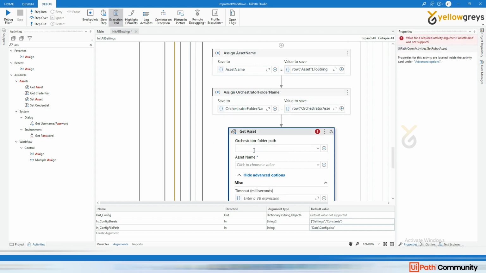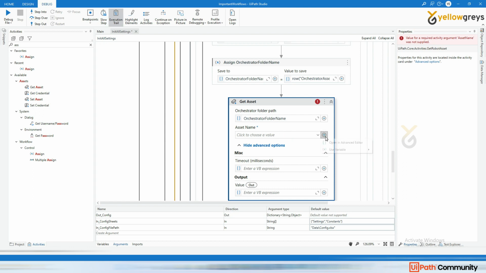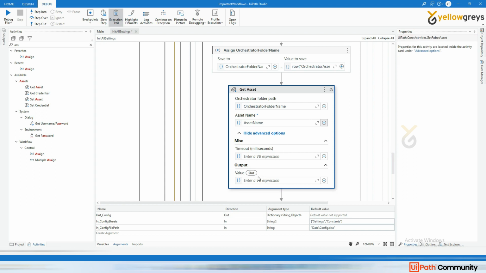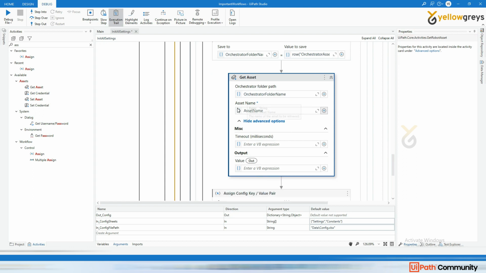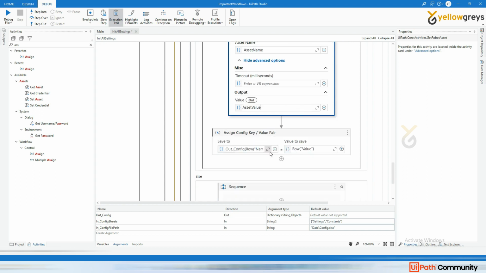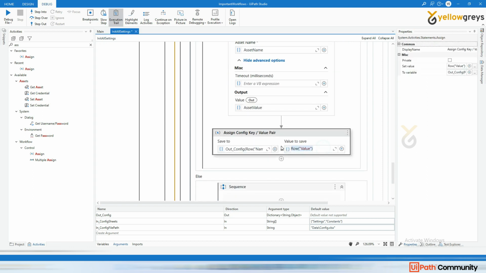Yes, I can pass that variable here, orchestrator. Here you see, click on this variable and the plus button, and you can add orchestrator folder name. Okay, that is added. Then asset name, add your asset name here. Okay, that is done. Then after providing orchestrator folder name and asset name, it will produce a variable, the output that you can store, that is the asset value, right? I can create a variable asset value, enter. Okay, that asset value I am going to store into